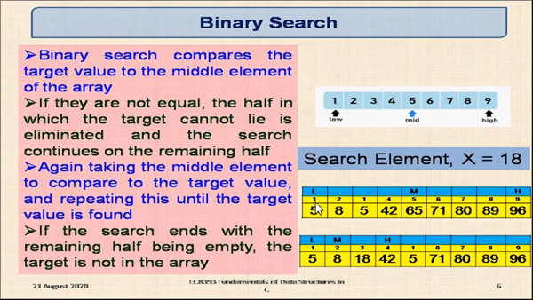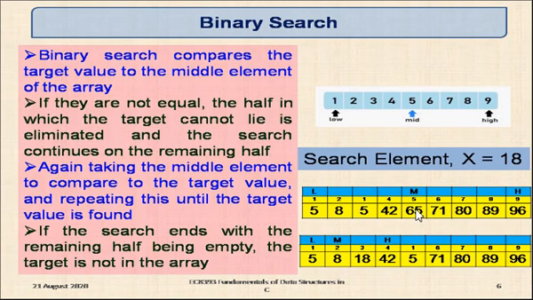The pointer L is low, pointing to the first data. H is 9, pointing to the last data. Middle means the formula is (low plus high) by 2, L plus H by 2. That is location (1 plus 9) by 2. 1 plus 9 is 10, 10 by 2 is 5. So middle is 5. So what will happen?